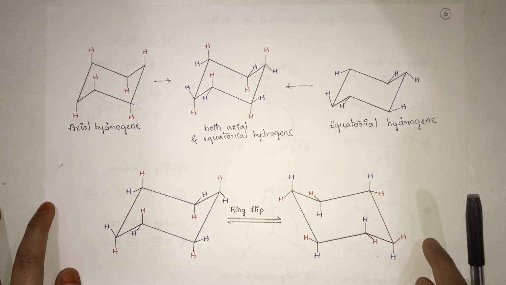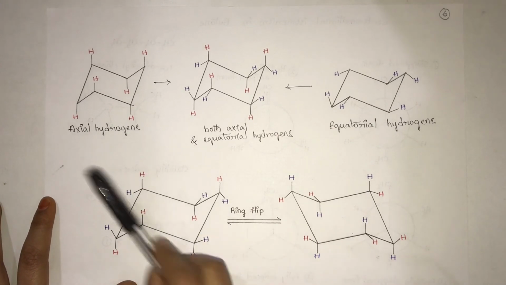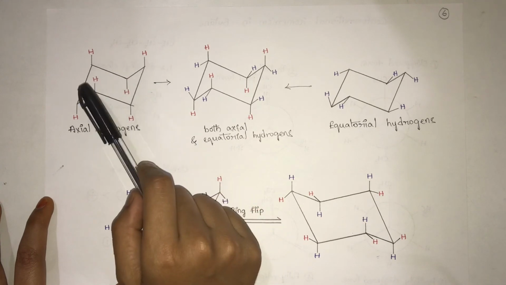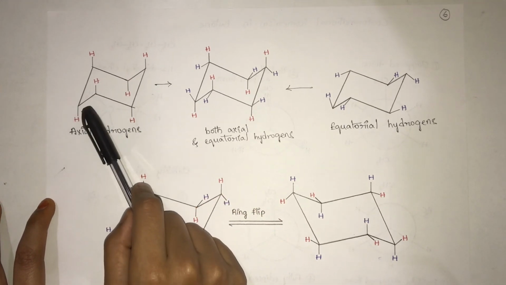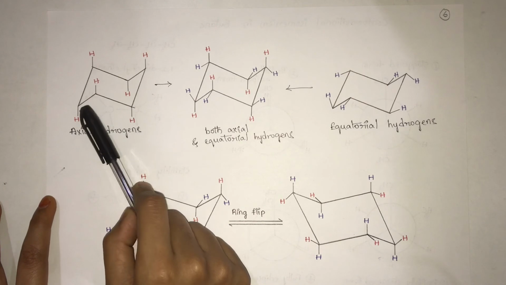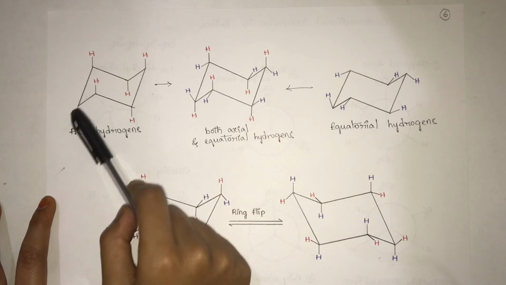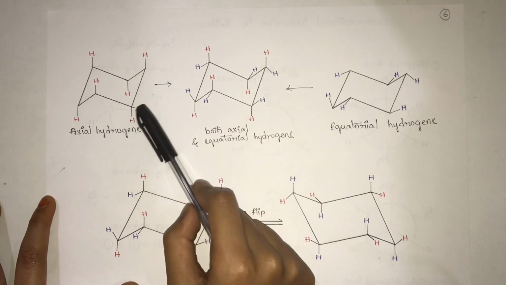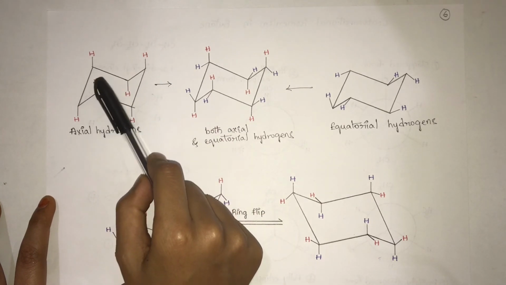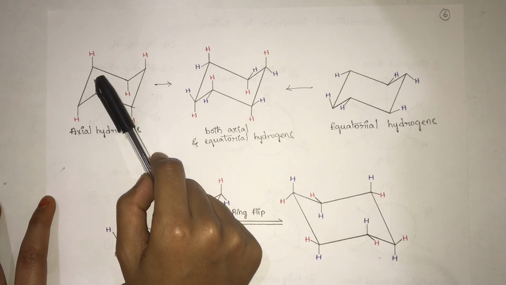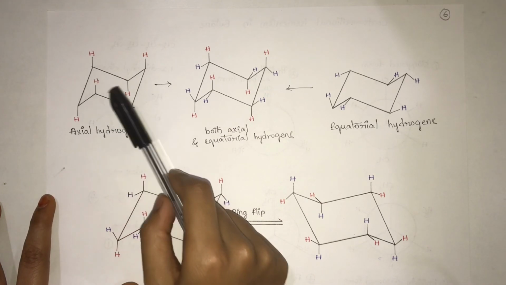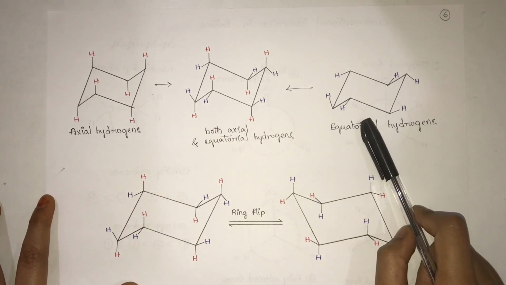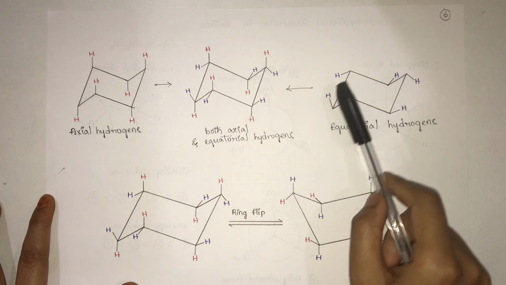Nature of hydrogen atoms in cyclohexane. All these hydrogens are called axial hydrogens. Considering this as the first carbon, this hydrogen is below the plane. The next carbon will be above the plane, the next carbon below the plane, the next carbon above the plane, the next carbon below, the last carbon above. One will be above the plane and one will be below the plane. These are called axial hydrogens. Coming to equatorial hydrogens, they are within the plane.